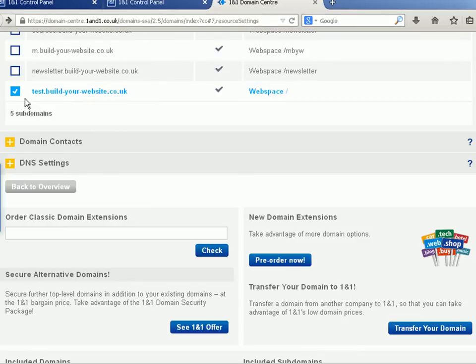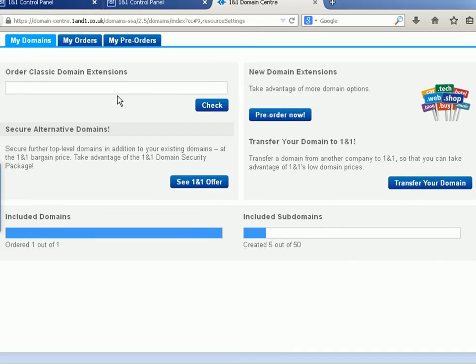And let's look at this one. Now it's actually associated with the root web space by default. I don't want it associated with that. I need to create a folder to associate it with, and that folder is going to be the install folder for a WordPress install that I'm going to do later on. But you can equally well put any HTML files in there for a normal HTML template website. So click there,